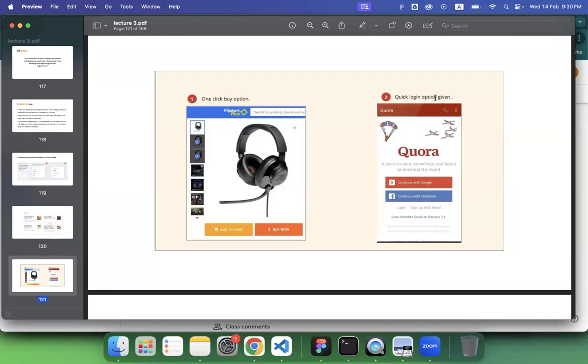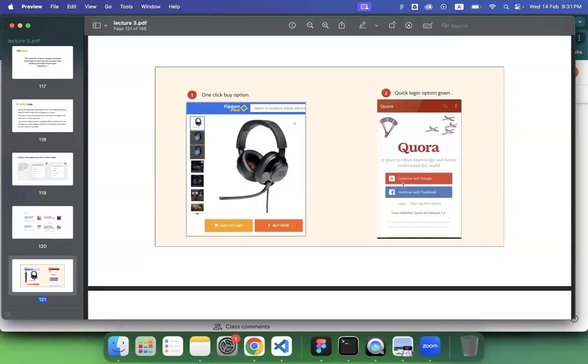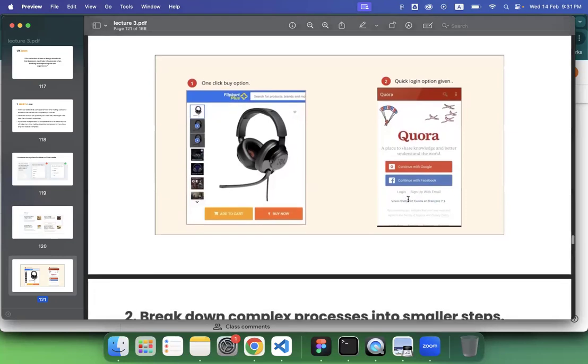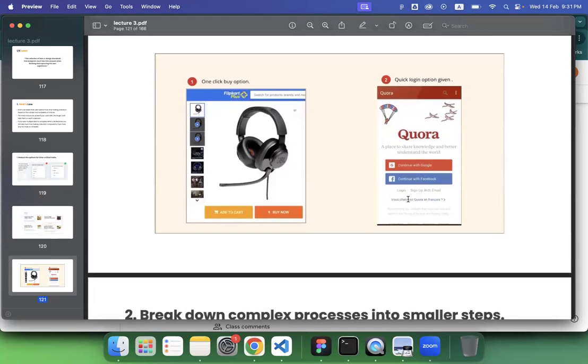Number two, quick login options. As you can see in Quora or any other mobile application that you are using nowadays, they provide sign up using Google or Facebook or any other social media platforms. It eases up the signing up process. You don't have to manually type your email address or anything. You can just click on these buttons and it will sign you up and you can use the application